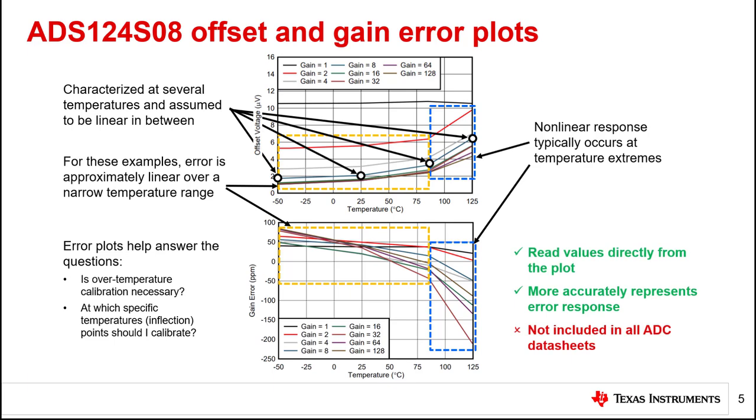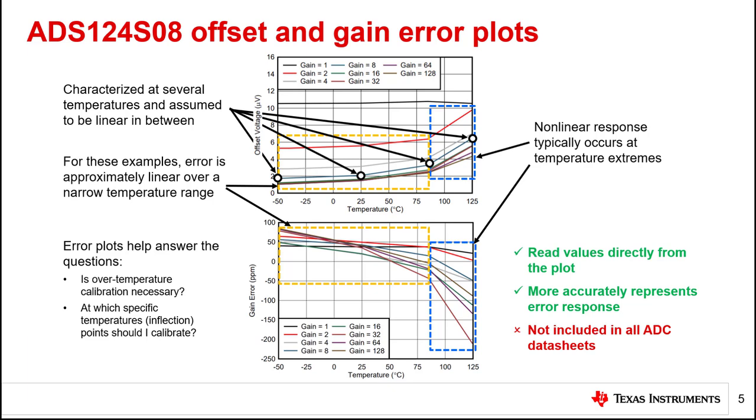Ultimately, it is best practice to use the datasheet error plots for the most accurate temperature drift information. However, if the over-temperature plots are not included in the datasheet, using the specified values is the next best option. Moreover, with the information presented in this module, it is more clear how these specifications are derived and what they actually reveal about the behavior of an error source across temperature.